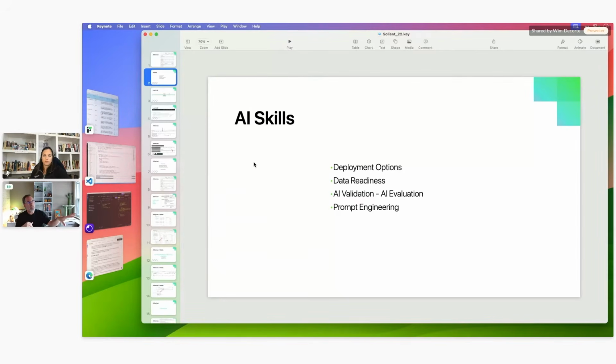And then AI evaluation is what happens post-deployment. How do we continue to track that there's no AI drift, where the AI isn't starting to hallucinate three months down the road based on some additional data? So we need to make sure that whatever validation we did up front remains accurate, that we keep consistently getting the right answers during the lifespan of the solution.